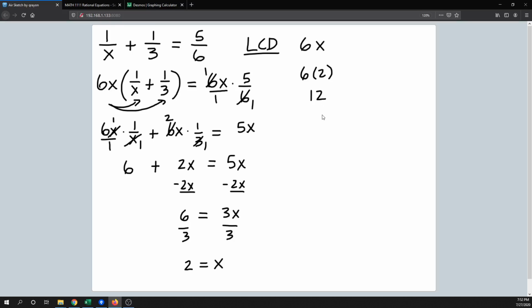So the thing that you have to remember with these is that anytime you multiply through by an LCD that has a variable in it, you're going to have to go back and check to make sure that solution, in this case 2, doesn't make the LCD equal to 0. If it does make the LCD equal to 0, then you need to throw that solution out. Okay, so what happens there is if it does make the LCD 0, you've violated the multiplication rule. Okay, and